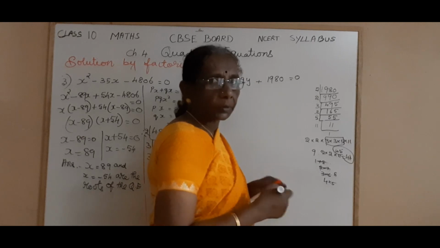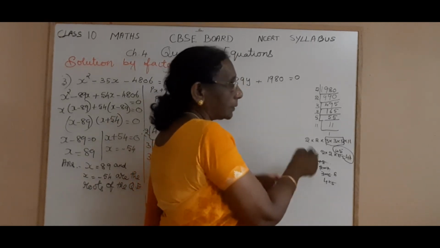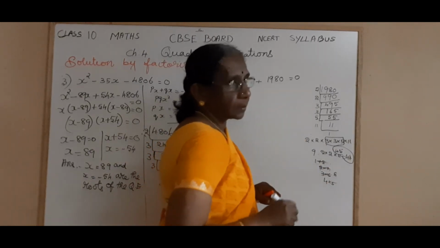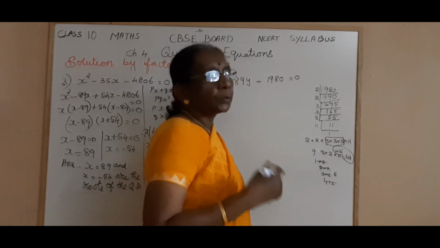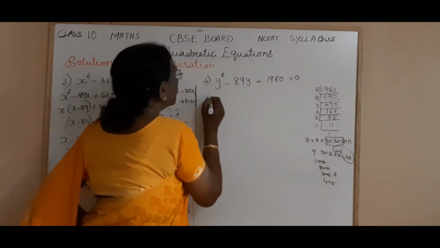Is it clear how to select the number? So you split this number in such a way, looking at the units place when you add and when you multiply. So it will help you to find the splitters soon. Okay. So now it is easy.